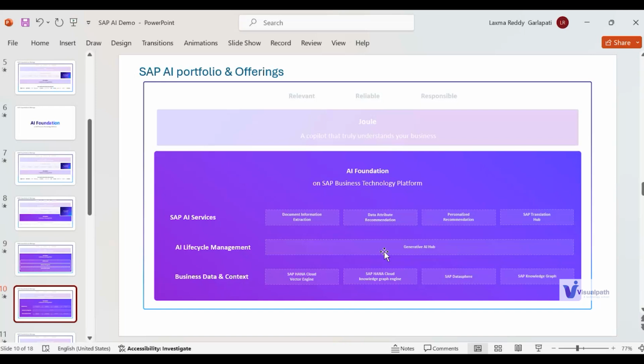When I say orchestration, it is starting from building the machine learning or Gen AI based algorithm, monitoring how it is behaving at different instances of the business. Were there any deviations and how do we correct it? So that particular life cycle management is managed through SAP Generative AI Hub.